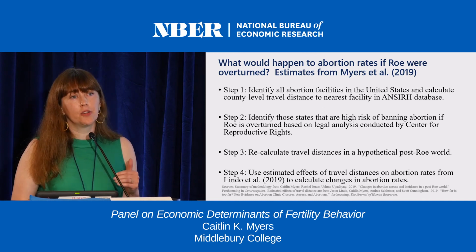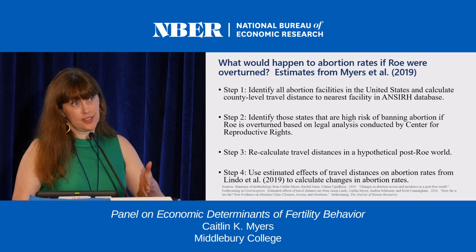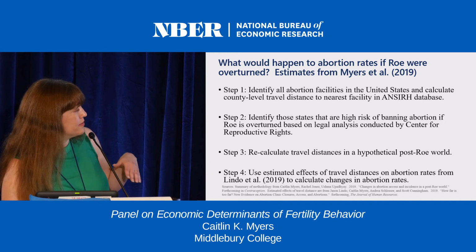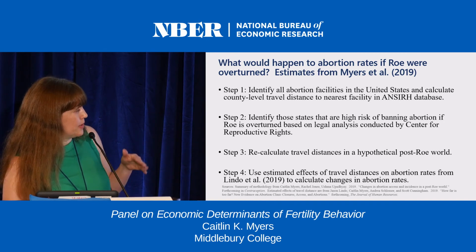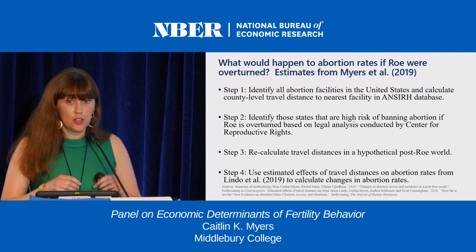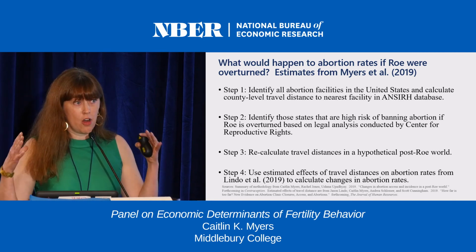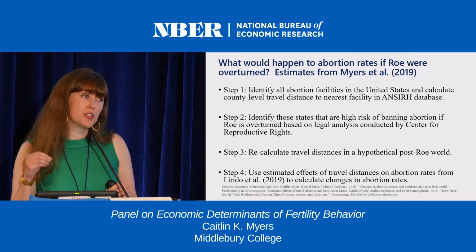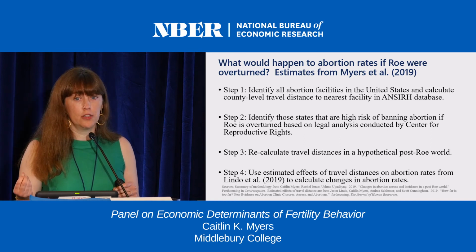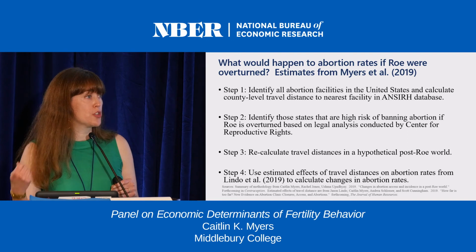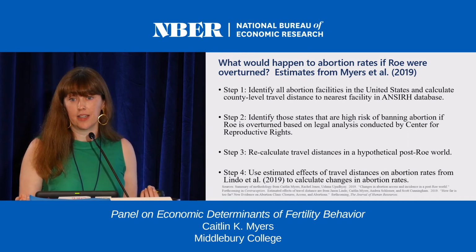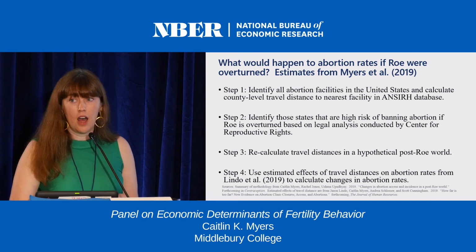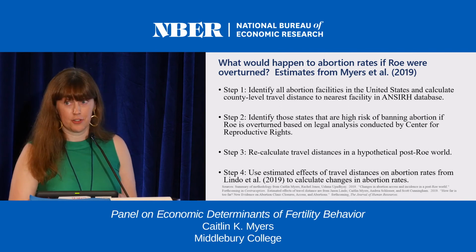And the way I'm going to do it is to use two papers that I just published with co-authors, Jason Lindo and Scott Cunningham and Andrea Schlosser for one of them, Rachel Jones and Ushmu Bahade for the other one. Basically, the approach is to look at right now where all of the abortion facilities in the United States are. We have them geocoded. Right now, which states, if Roe were overturned, are likely to ban abortion? Because if Roe were overturned, this would really be a return to states for policymaking. Nothing much would happen in Massachusetts or Vermont. A lot would happen in Georgia, West Virginia, Louisiana, and Texas, other states where I've lived.